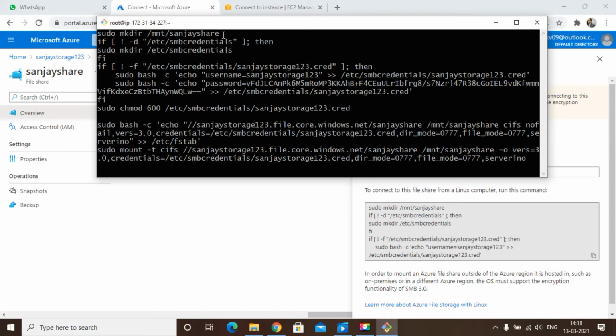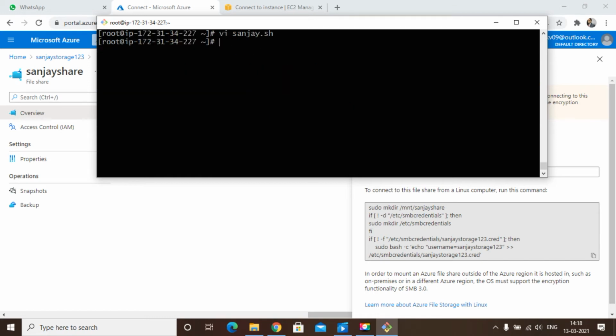You can change the name if you want, but right now I'm not changing it. Write and quit, and now make it executable: chmod +x and your file name. Wow, job done. You can see the file is here.